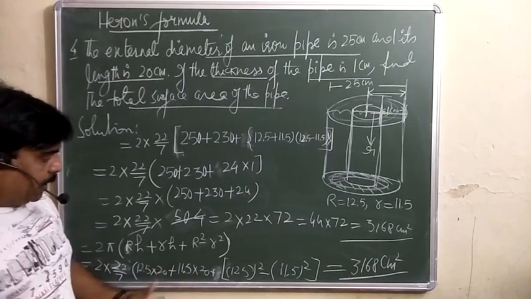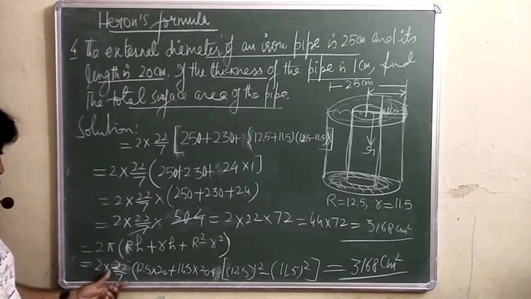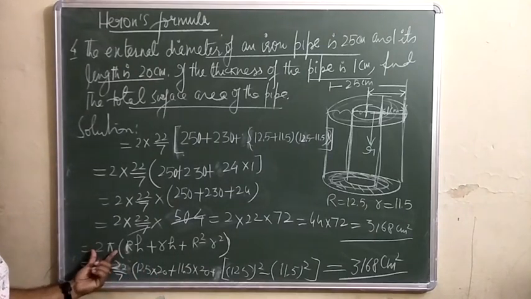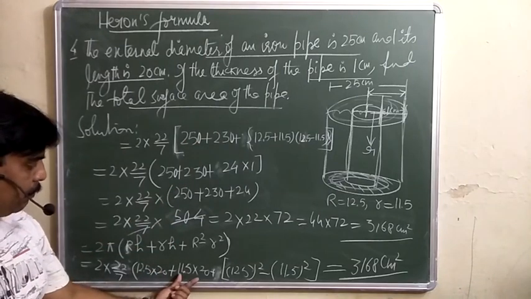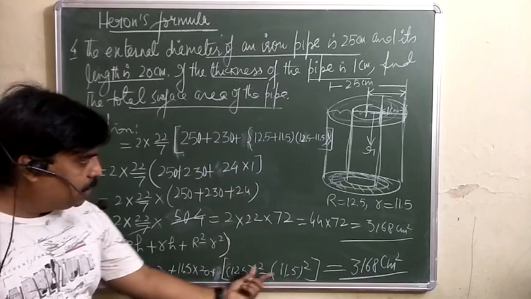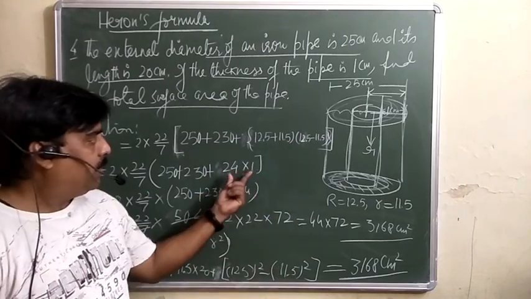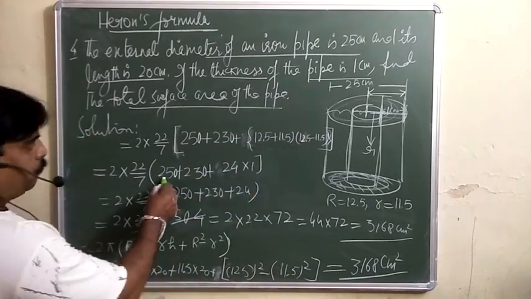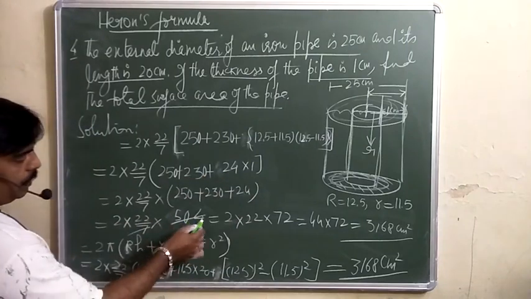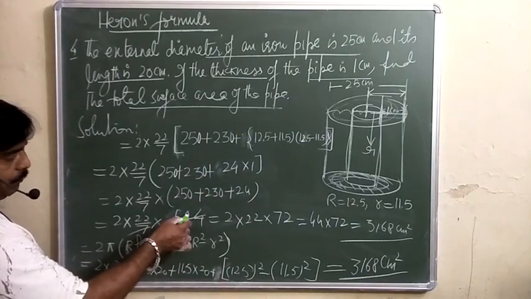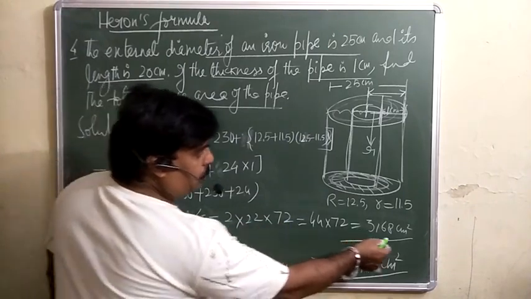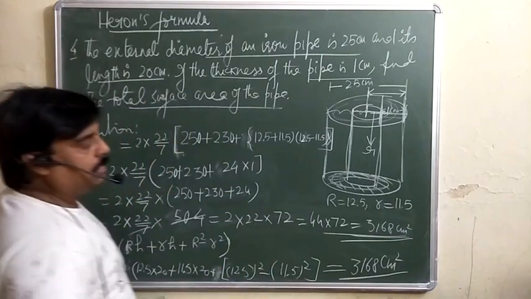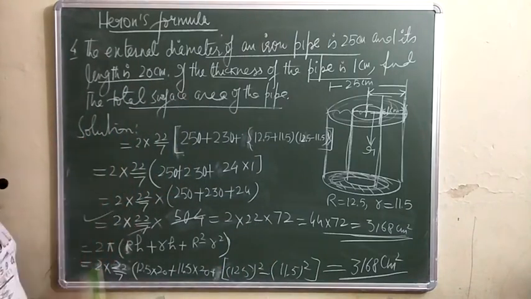See, now the calculation is here. You can put the 2 into 22 over 7 values here. 2 pi we are taking common. You will get 12.5 into 20 is 250, 11.5 into 20 is this one, and here a square minus b square you can apply. So you will get this 24 and this is 1. 250 plus 230 into 24, add this one, 504. So 7 into 72. So 2 into 22 into 72, that is 44 into 72. If you multiply, you will get 3168 centimeter square. This is the calculation you can do. Have a look.